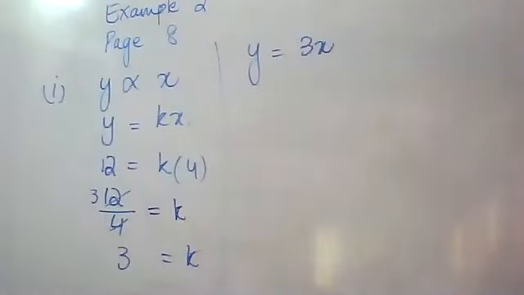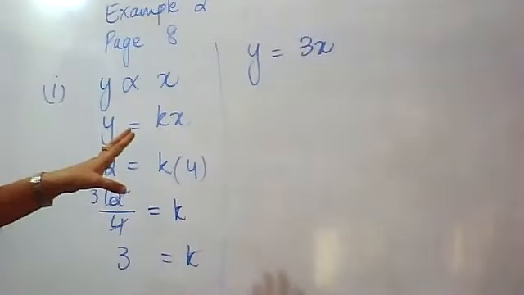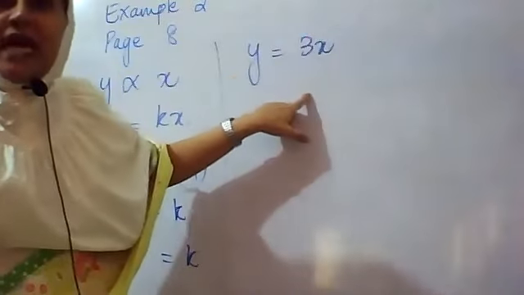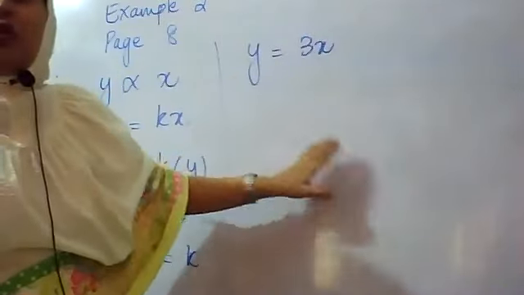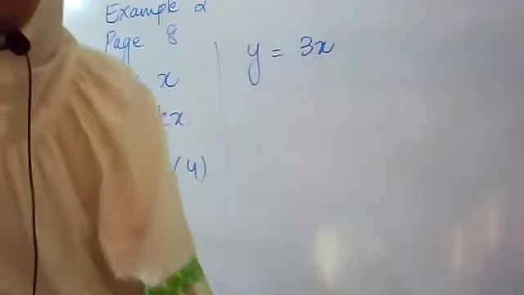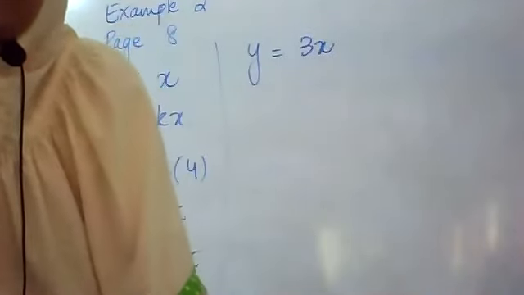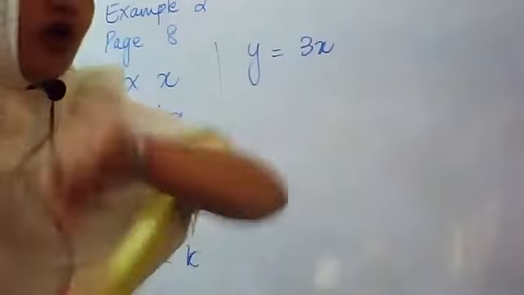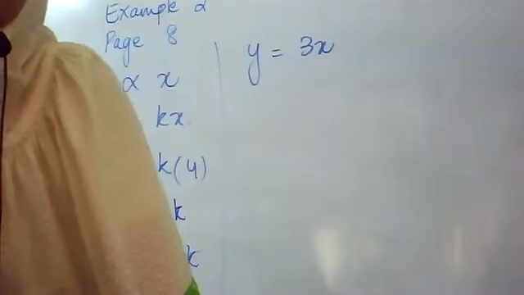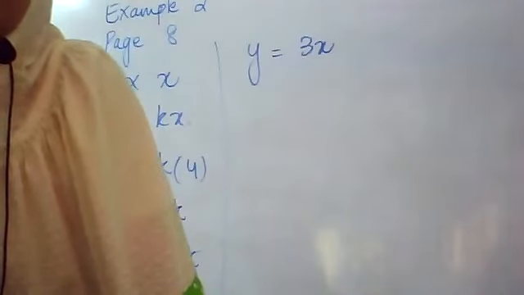Perfect. Part 1 done. From the equation you got in part 1, you will find out part 2 and part 3. Okay, now who is this? Ali Muhammad yawning in my class at 2 o'clock in the middle of the afternoon. He is just yawning. Yes, Ali Muhammad, open your mic.